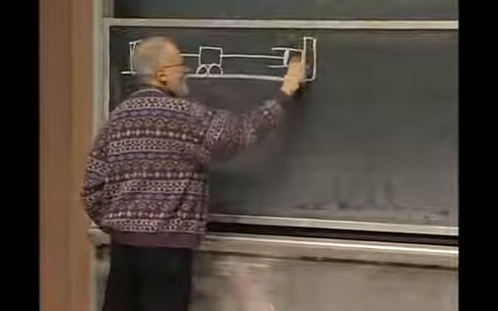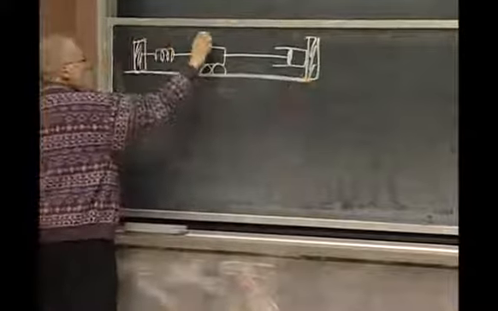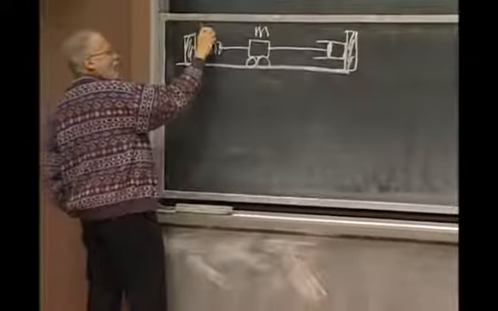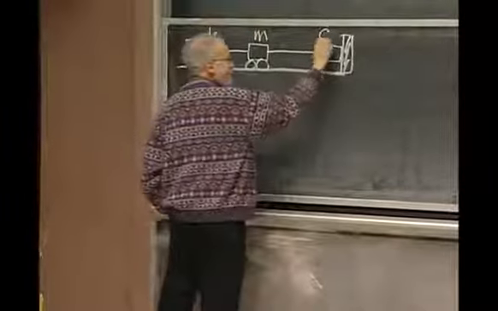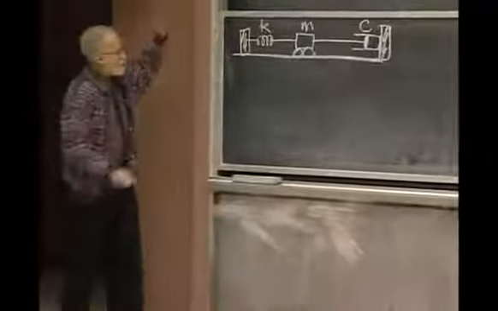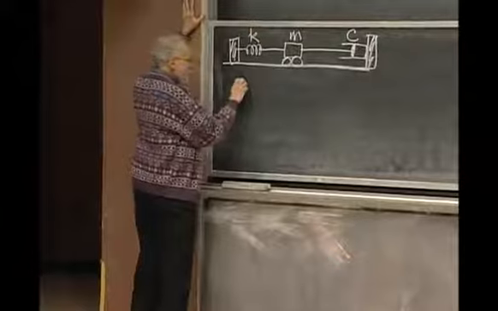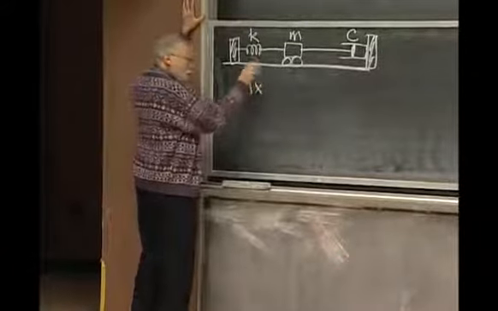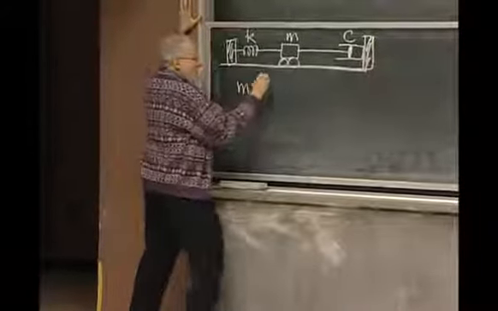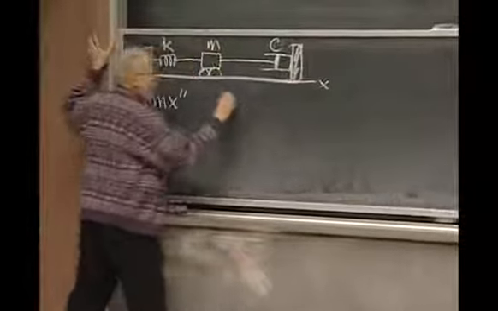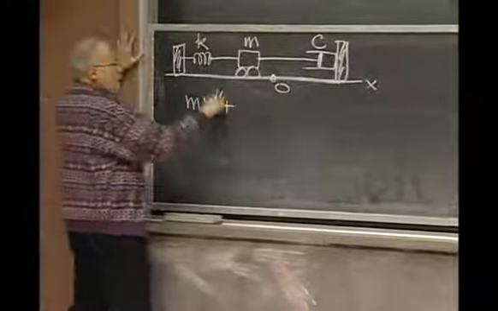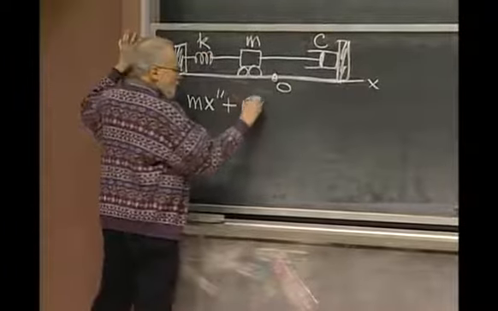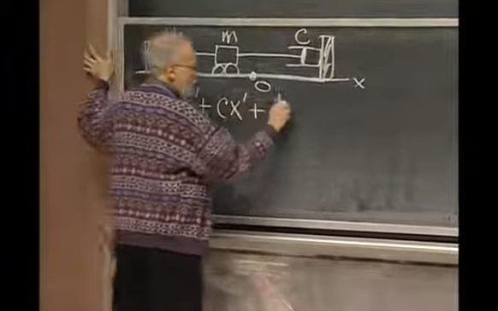So here's the picture, and I won't explain any more what's in it, except there's the mass, here is the spring with its constant, here is the dashpot with its constant. The equation is from Newton's law. This will be x, and here is, let's say, the equilibrium point. It looks like mx double prime, we derived this last time,